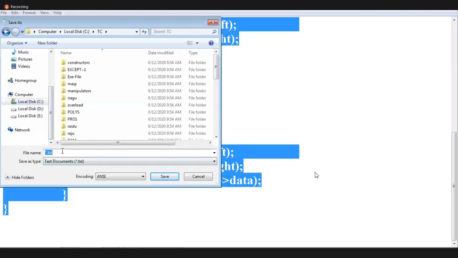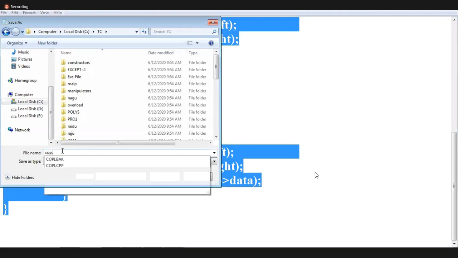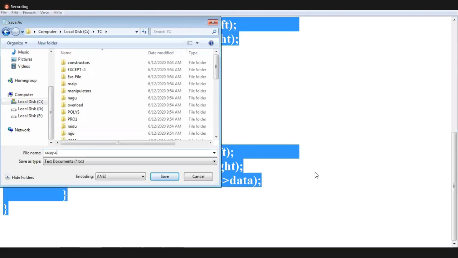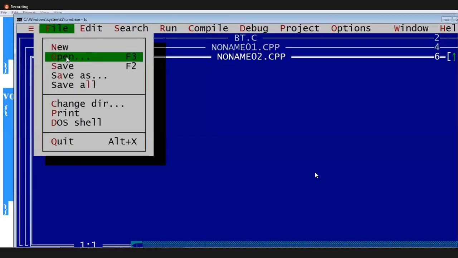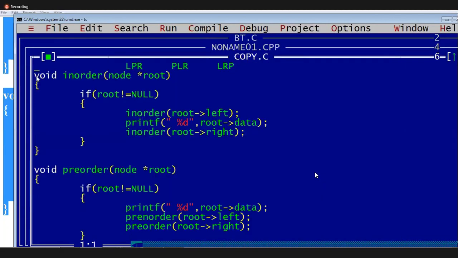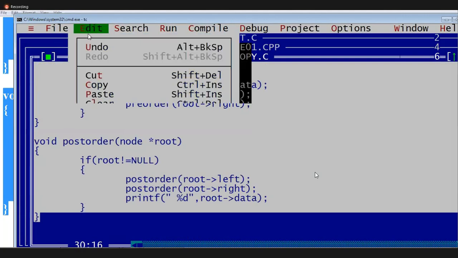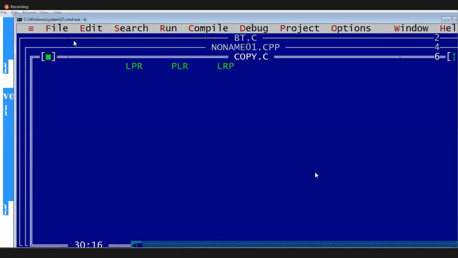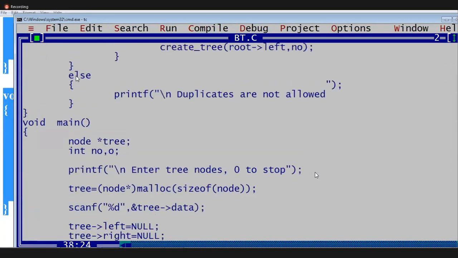I'm going to write three functions. Copy. See, copy.c. That file name I have saved. Take these three functions' code: in-order, pre-order, post-order. Cut. Write these three functions' code.